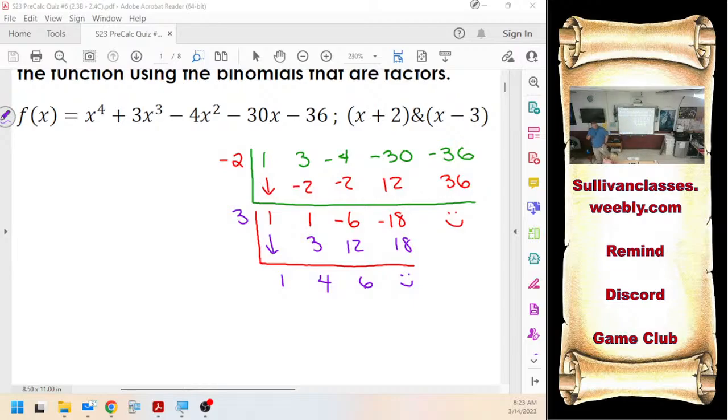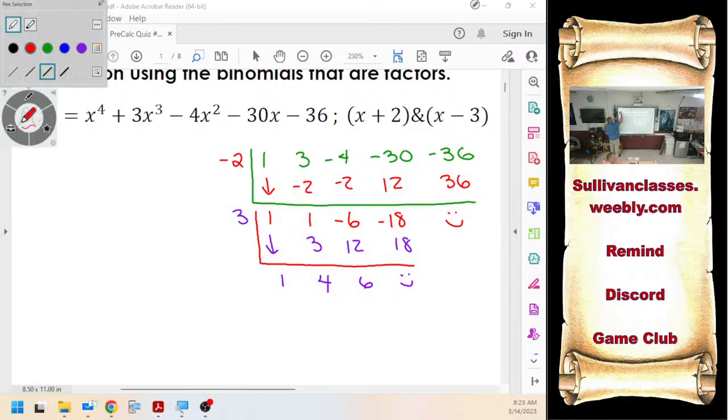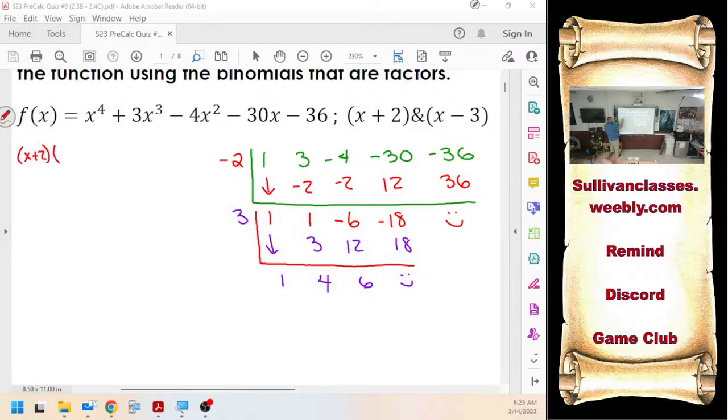And then double check the directions. Now, if this did not work, then all I would write would be x plus 2 with that remainder, or that quotient, x cubed, x squared minus 6x minus 18, if that was the only one that worked. Okay? So if this did not work, don't use this to write your factored form because it didn't work. Okay? But since they both worked, that means that I need a factored form that includes this one and this one